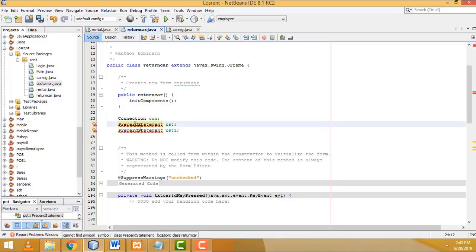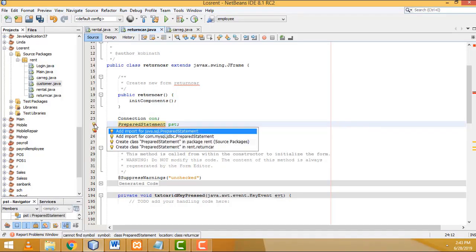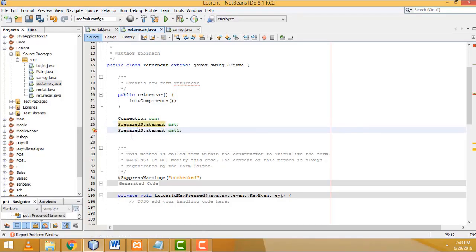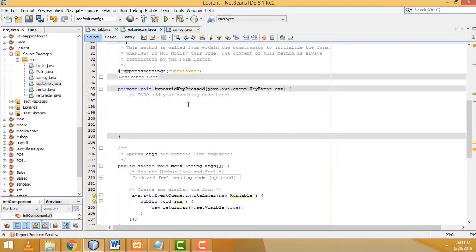Prepared statement. Here the E is missing. That's why the error is shown. Right, prepared statement. After that, what I'm going to do is write the code here. First we have to write if